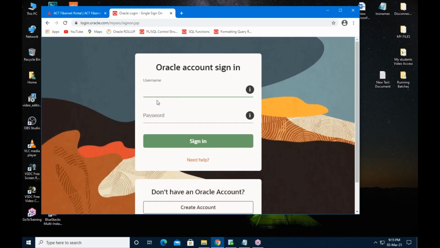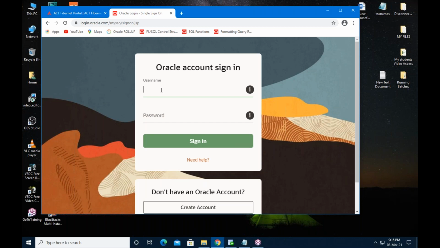Then it is asking for account sign in. So you should register before downloading any software from Oracle company. From oracle.com, if you want to download something, you have to register with the company. So here, enter your username and password, or otherwise select create account.